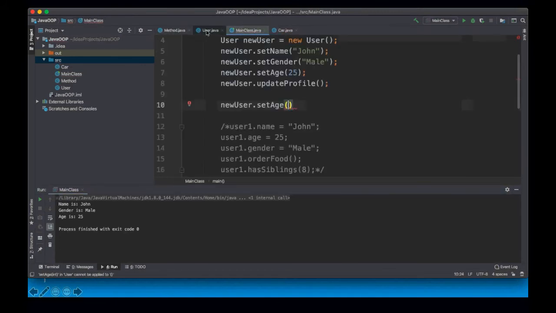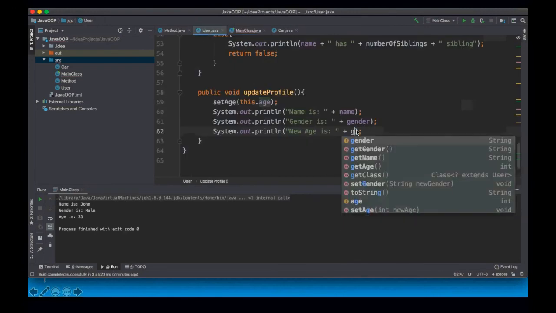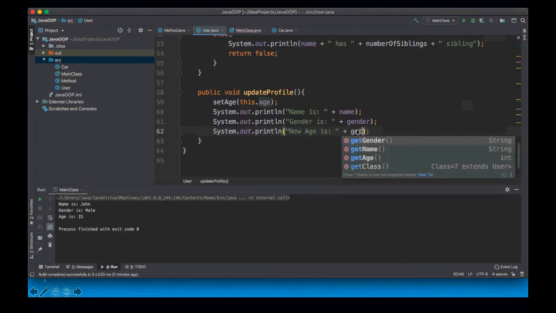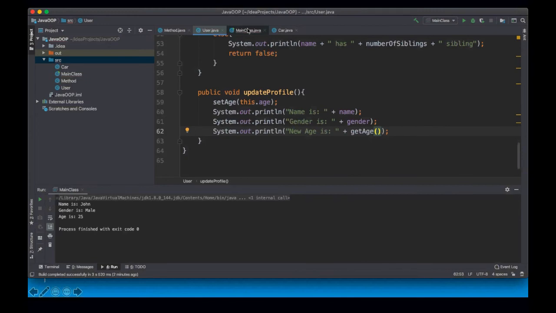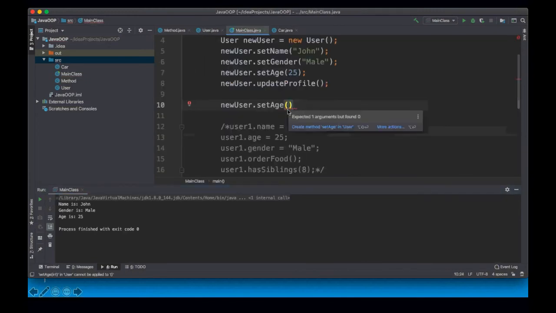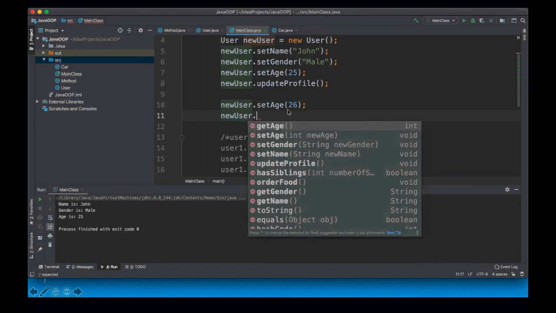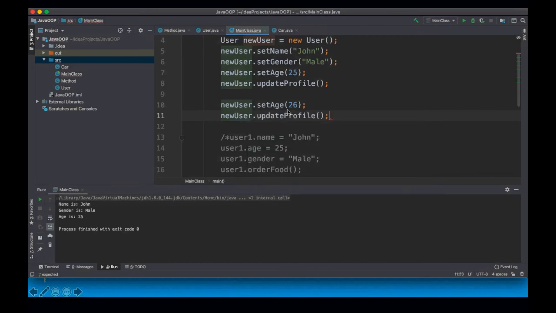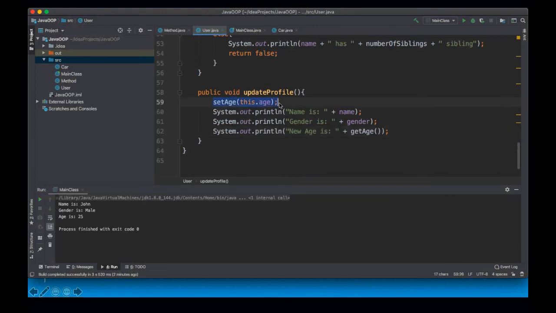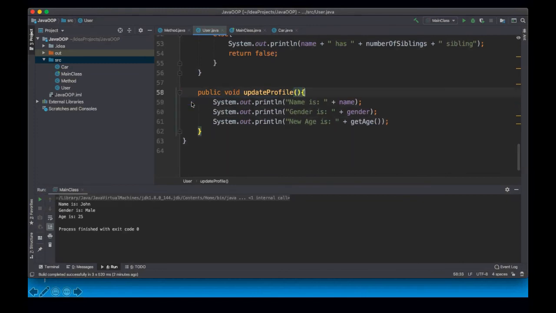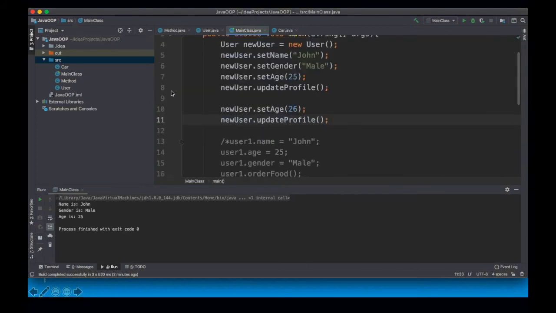Sorry, from here you put get age. I set my age to 26. I said my birthday and I turned 26 already. I say new user dot update profile, and I don't need to put this here. If I run this,